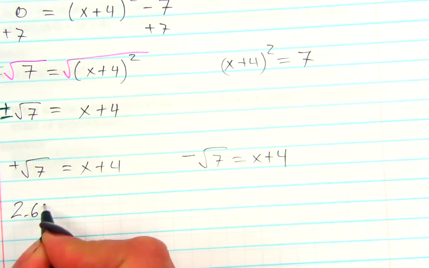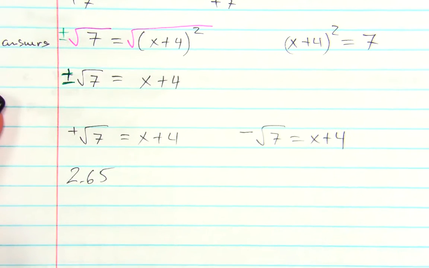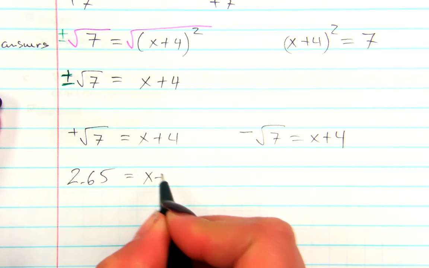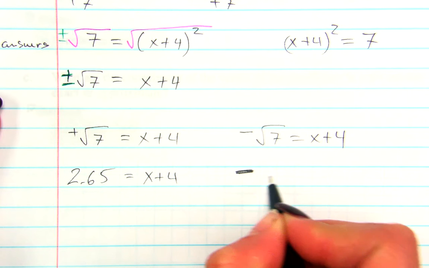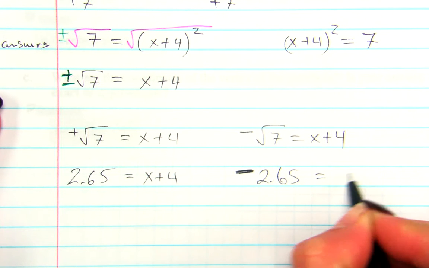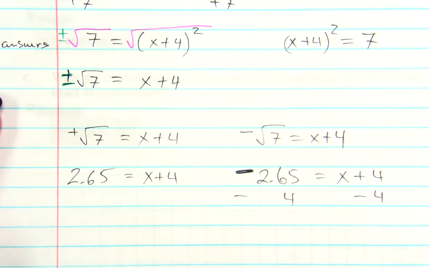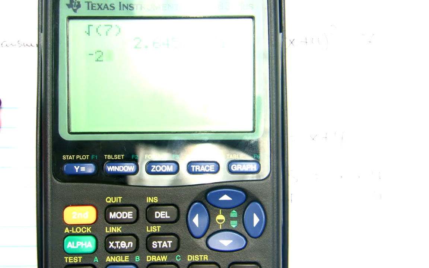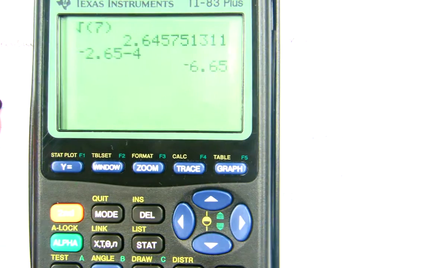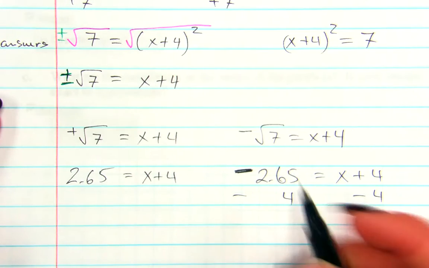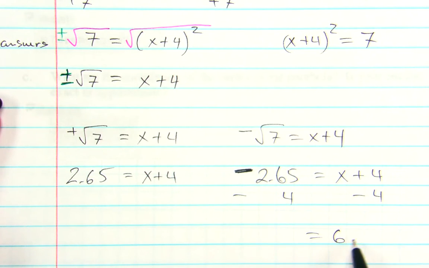So we have 2.65, the positive version, is equal to x plus 4, and we have negative 2.65 is equal to x plus 4. We're going to subtract a 4 on both sides. So negative 2.65 minus 4, we're going to get negative 6.65 is my x value, and then this one, 2.65